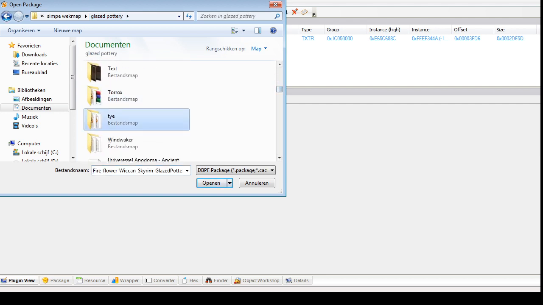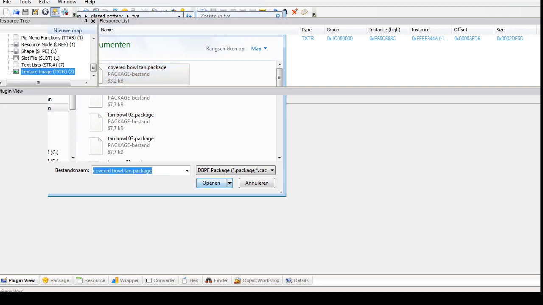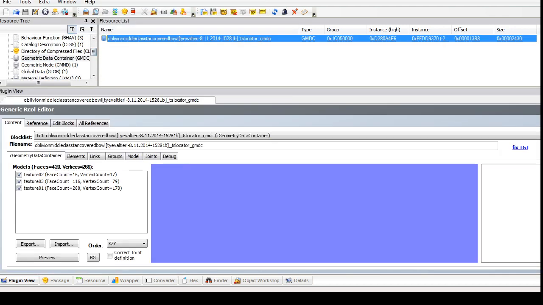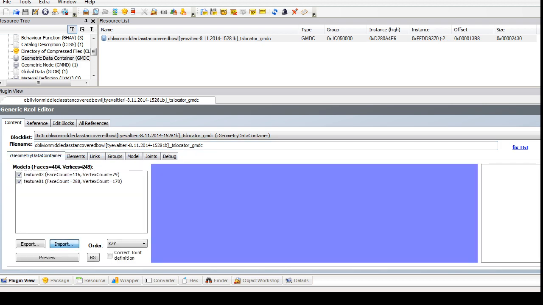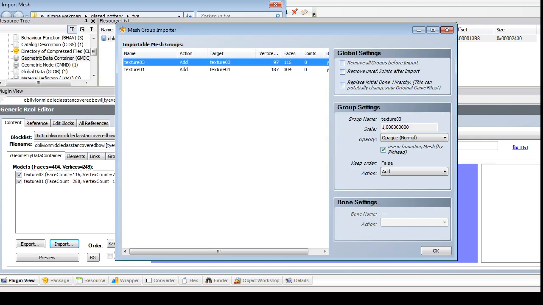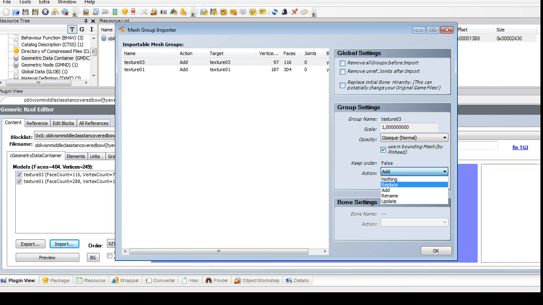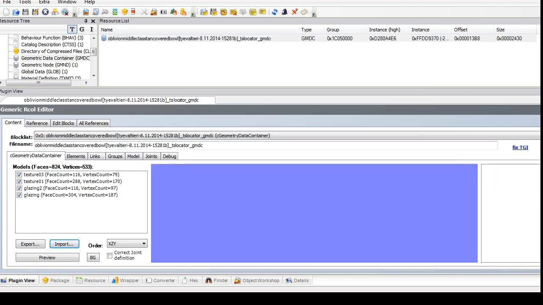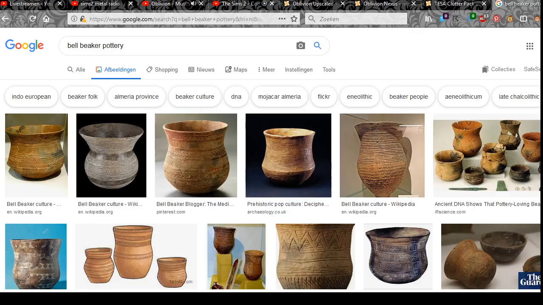Glazed pottery, tie. Covered bowl tan. This is going to be somewhat simpler. Covered pot. Texture will be renamed. This will be glazing 2. Oh, no, we're not going to replace this. We're going to rename this to glazing. And, okay, let me just look at